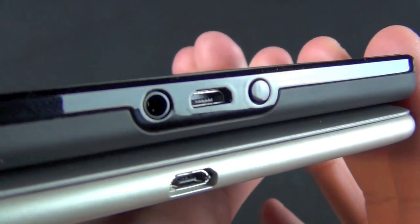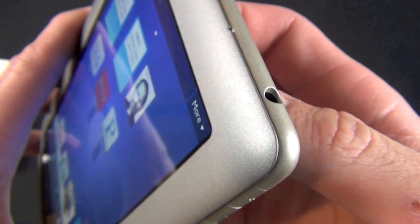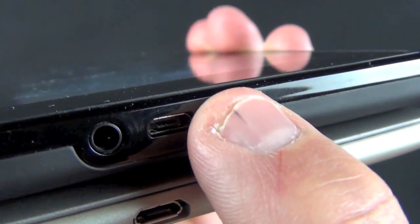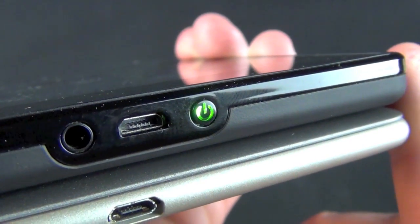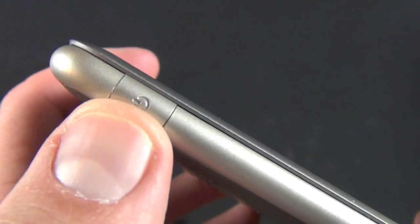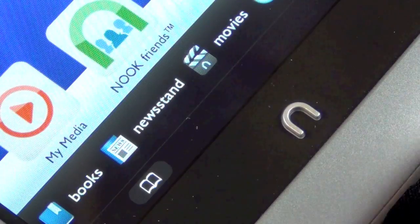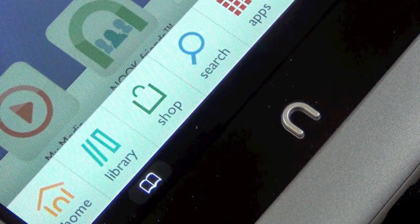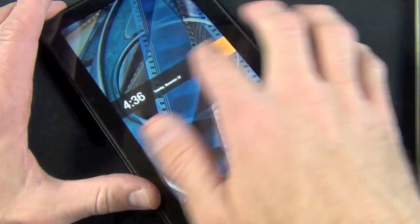Now looking at the physical buttons and connectors, you can see both have micro USB ports as well as a headphone jack. However, the similarities end there. The Kindle features only one small power button near the connector and no other physical buttons like a home button or volume controls. The Nook features both a power button, volume controls, and a physical home button in the shape of the N logo. The Kindle replaces all of its hardware buttons with virtual controls, which may not be popular